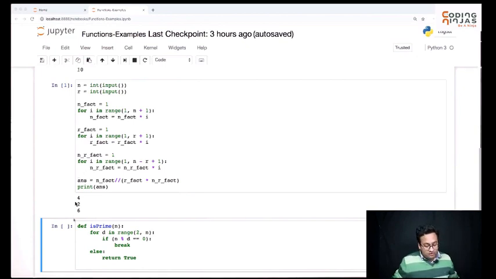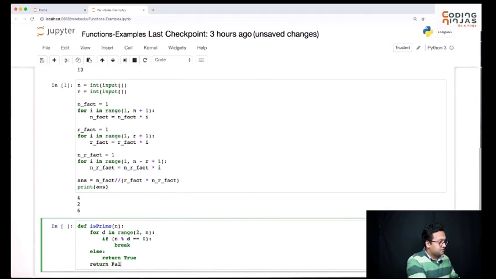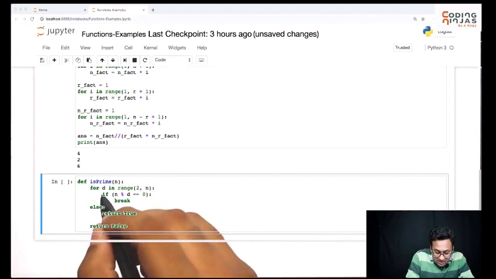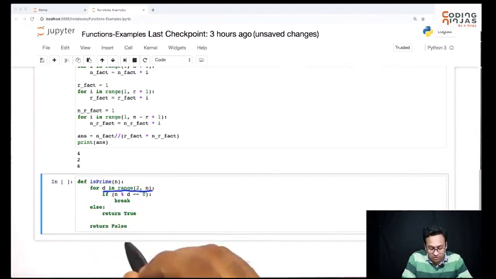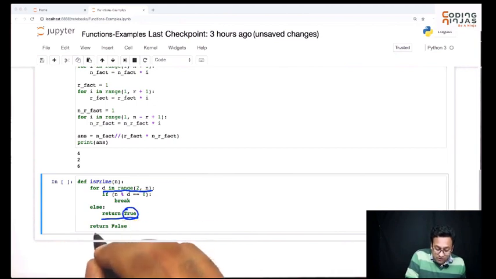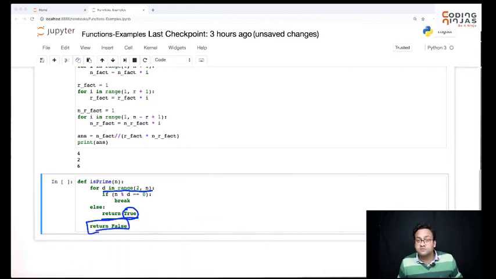I'm going to return a false just after our for loop, right? I'm going to return a false here. Now what does this mean? This basically means that in case I'm going through the whole range, I'm going to come to else and return true. As soon as you return, the function is done. You don't do anything else in that function anymore. So in case you reach return true, you will not come to return false. It's not going to execute anything else below that.